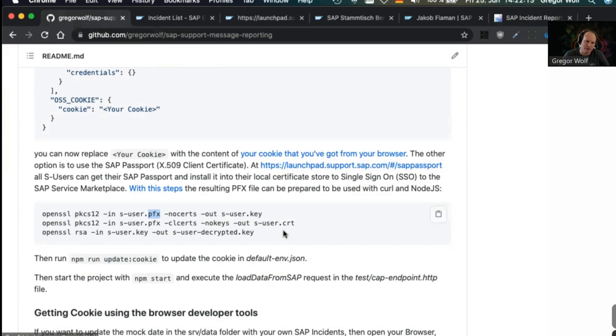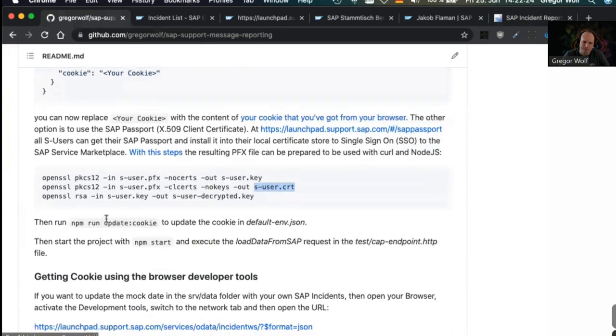And this PFX file you have to split up into two separate files, a key file and a certificate file, because then what you can do with that is you can run this script simply,